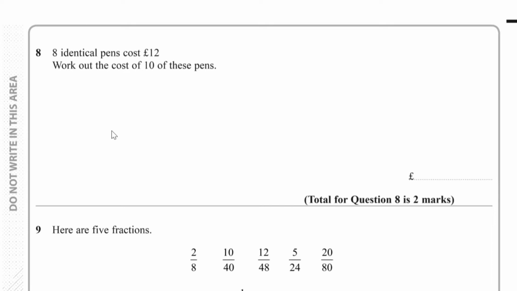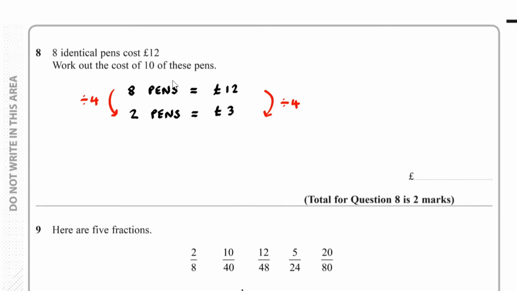Question number 8. 8 identical pens cost £12. We have to work out the cost of 10 of these pens. So we have 8 pens, which would cost £12. So 2 pens, that will equal, well, what I need to do here is divide by 4. So I would get 2 pens, which is equal to £3, and therefore 10 pens